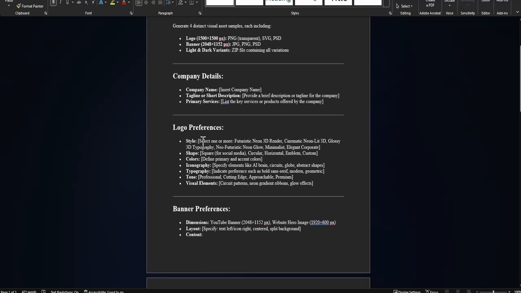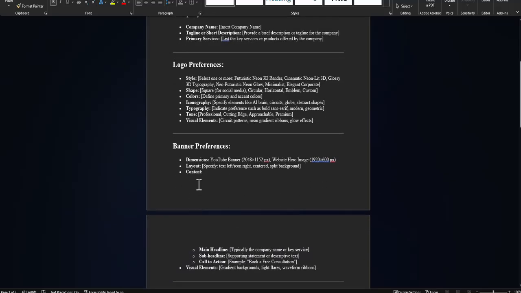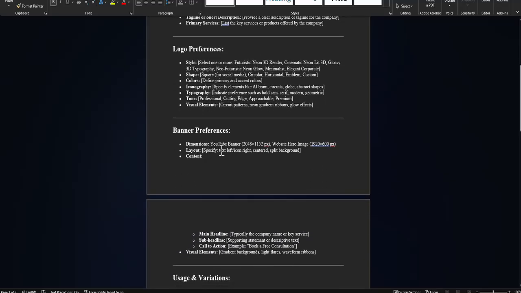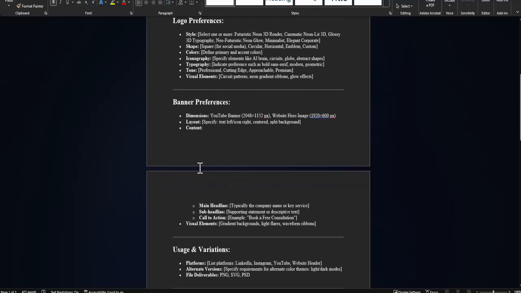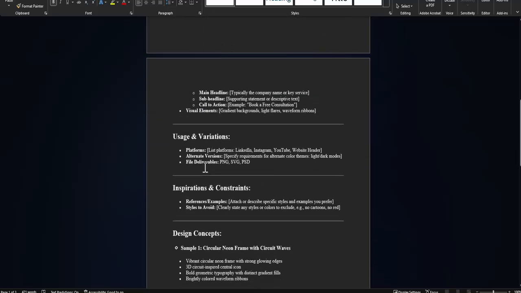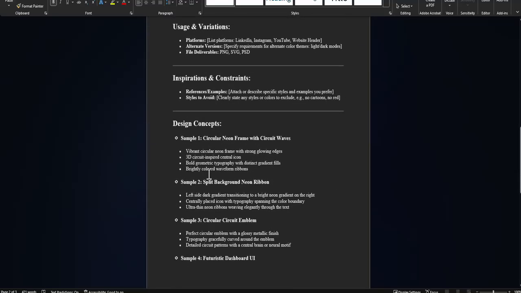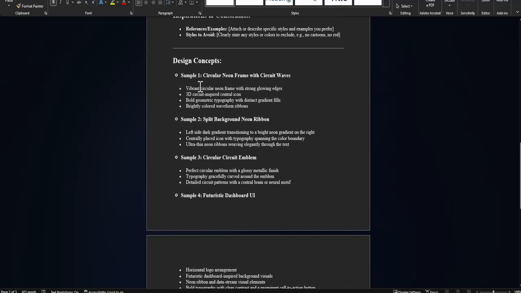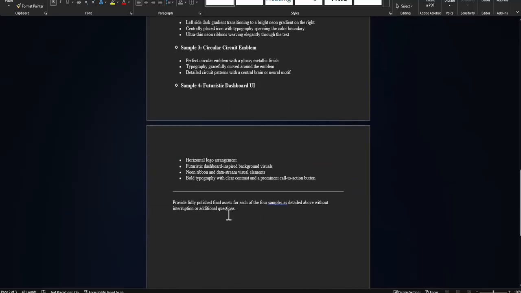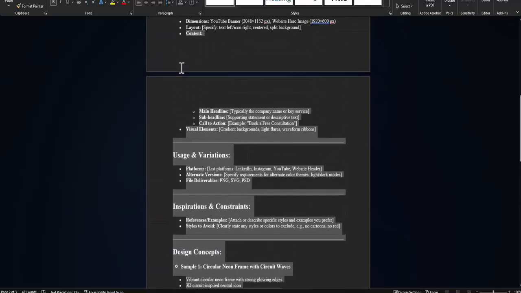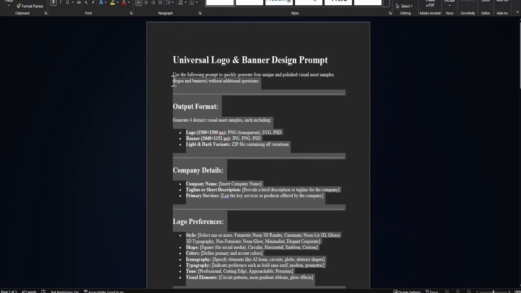You can select different style, shape, color, and typography, tone. This is the banner preference: dimensions, layout, content, and different uses, variations, inspiration. And I also give different samples: circular, split background, circular circuit. So you don't need to understand everything. Just copy this one